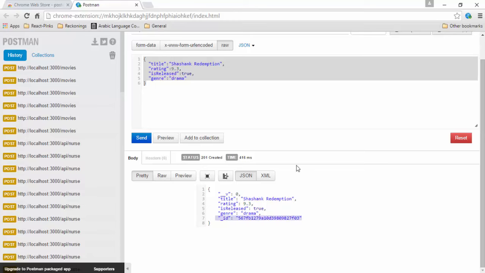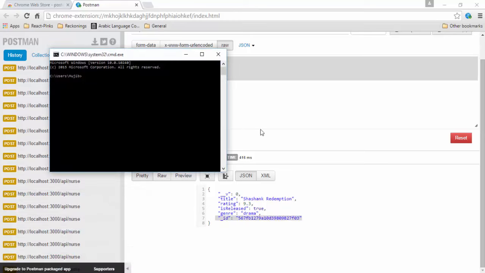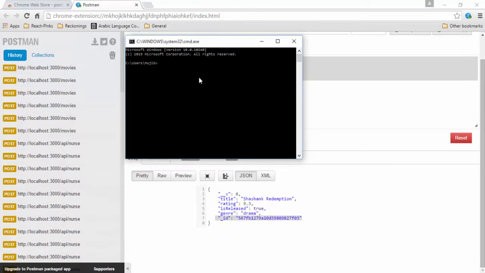So let me bring up my command prompt and see whether it actually made it all the way to the database or not. So I'm in my command prompt. I'll say mongo to enter into the shell where I can run my queries. I'll say show dbs. If you see, the first one is moviesdb. This moviesdb is our database.